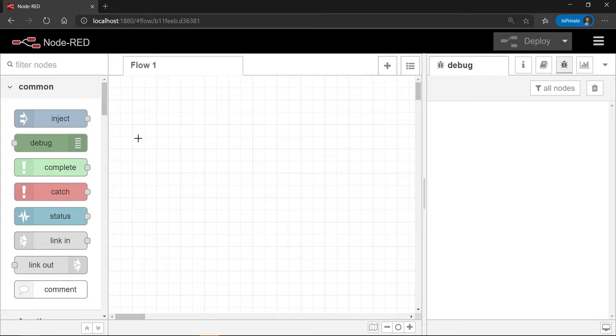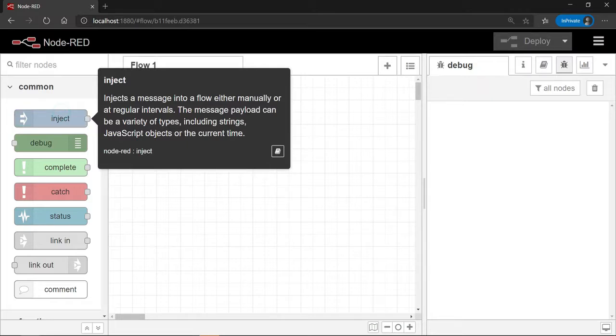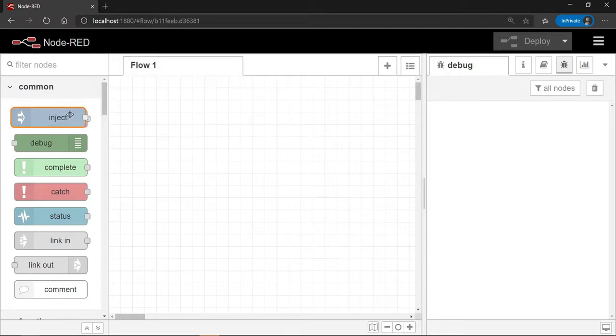So for now, I have installed the Node-RED application on my personal computer, but it works the same with the installed version on the Raspberry Pi. We're going to first discuss the common nodes. So we have different types of nodes in here. The Inject Node, which injects a message into a flow,